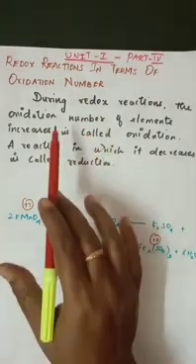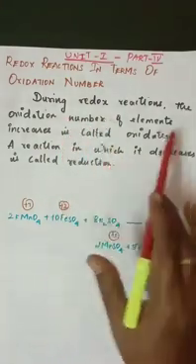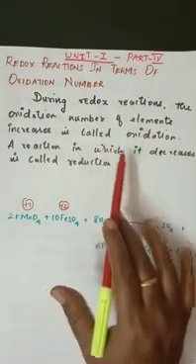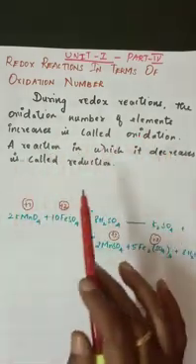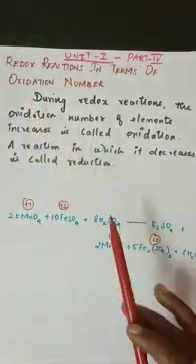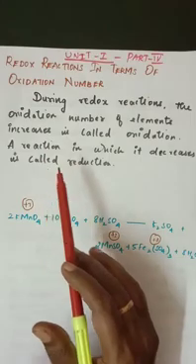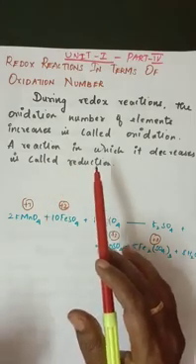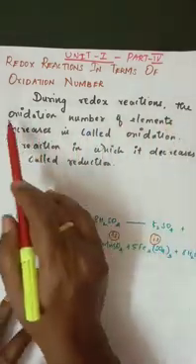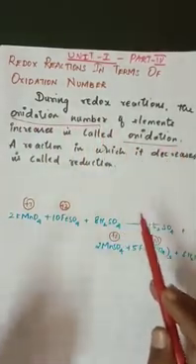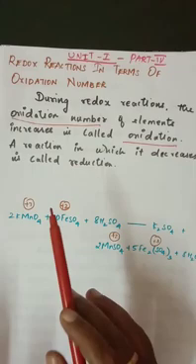Already we told that during a redox reaction, when the oxidation number of an element increases, it is called oxidation, isn't it? So oxidation has three definitions: addition of oxygen, removal of hydrogen, as well as the loss of electrons. One more definition is that when the oxidation number increases, this is also considered to be oxidation. During an oxidation reaction, suppose